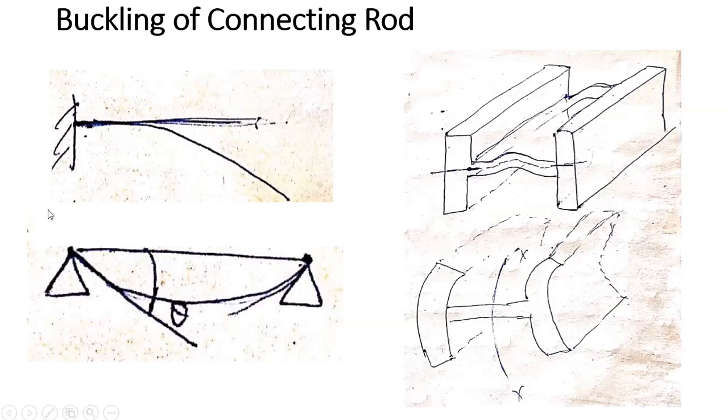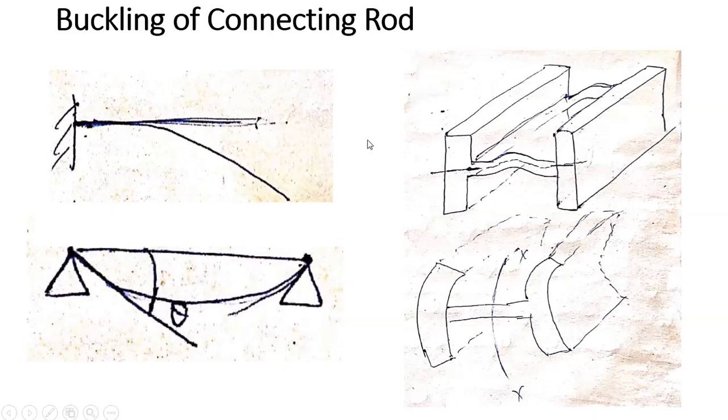Now you know that whenever one end is fixed and the other end is free, the deflected shape will be like this. So in that case I can say that at the fixed end, the deflection is 0 and the slope is 0. Similarly, when I talk about the hinged end, or the simply supported end, the bending shape will be like this. Then in that case I can say that here the moment is 0 as well as the deflection is 0.